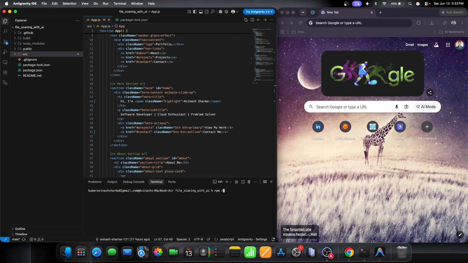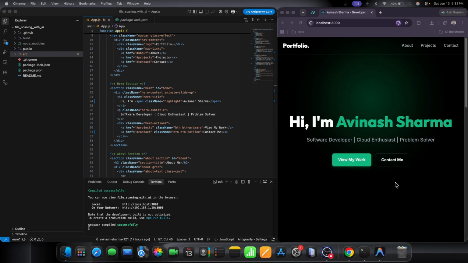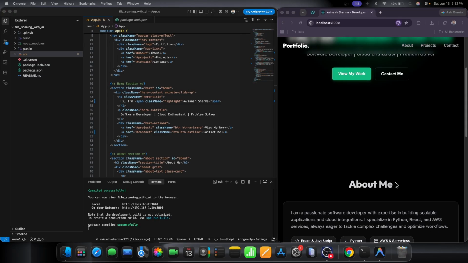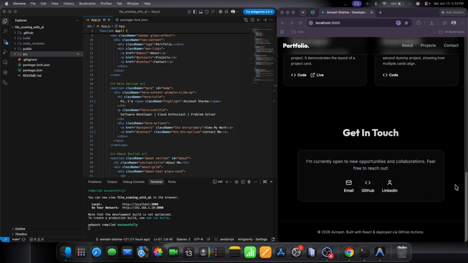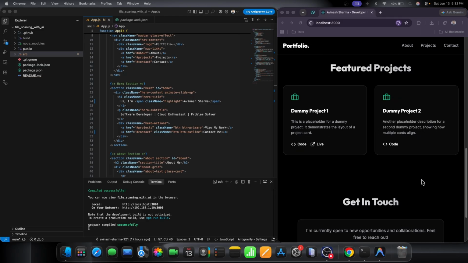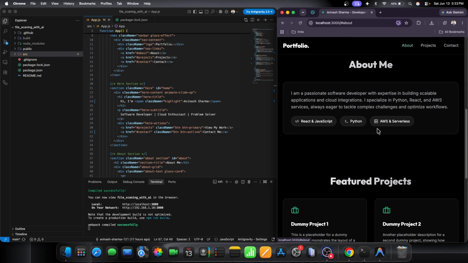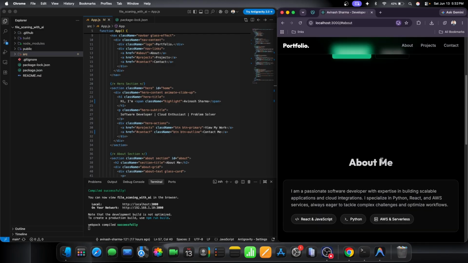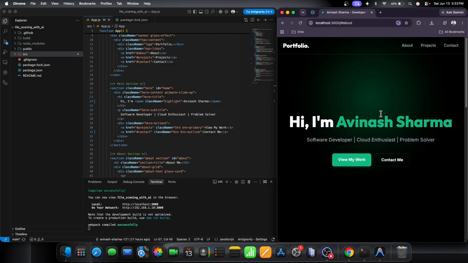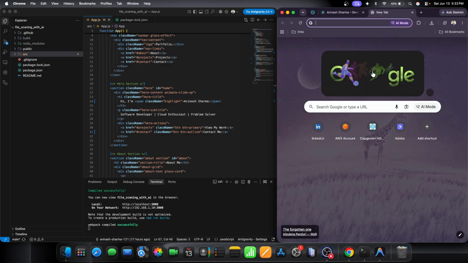Locally, npm run start. So this is the basic application we have built, just for testing purposes. You can see I have added some dummy projects also, and I guess the theme is looking good. So this is our application. What we will do is create one GitHub repo and try to deploy this application in GitHub. Let me log into GitHub